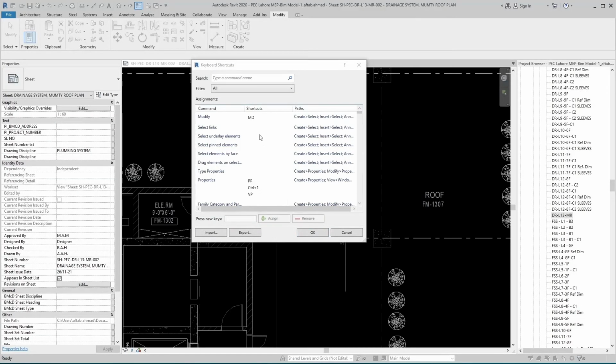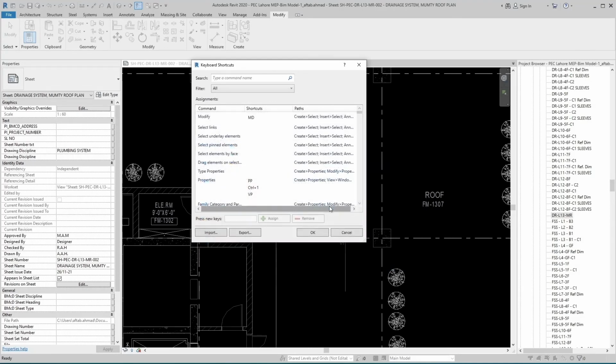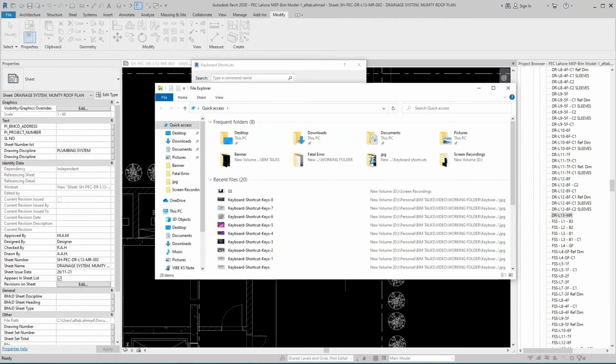When you make a keyboard shortcuts group, you can export it as a file for using it on another system or location. You can move this shortcut key file through any external drive. There are some manners to use a shortcut keys file on another system.